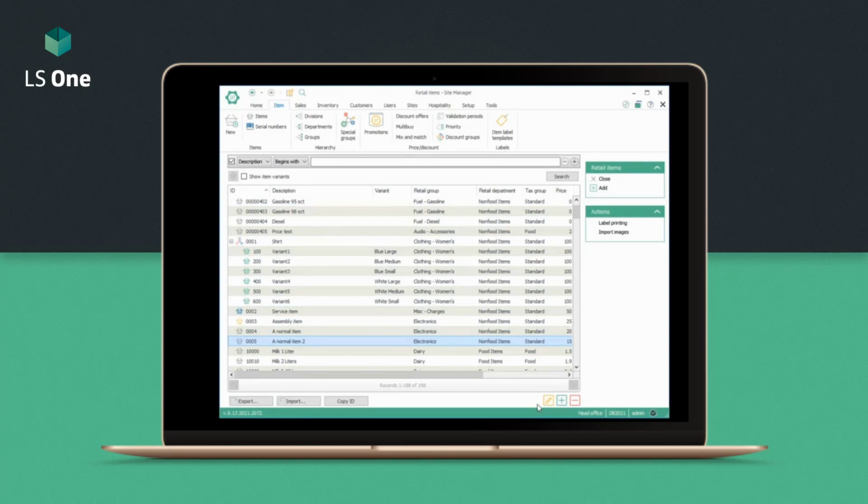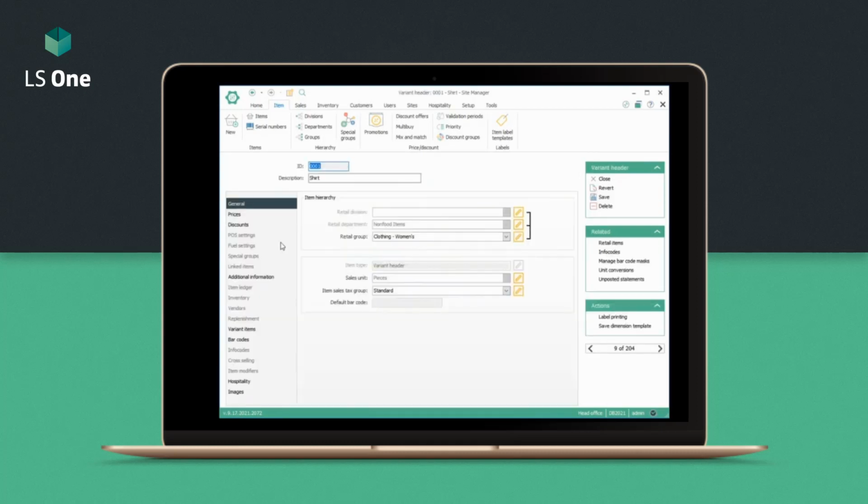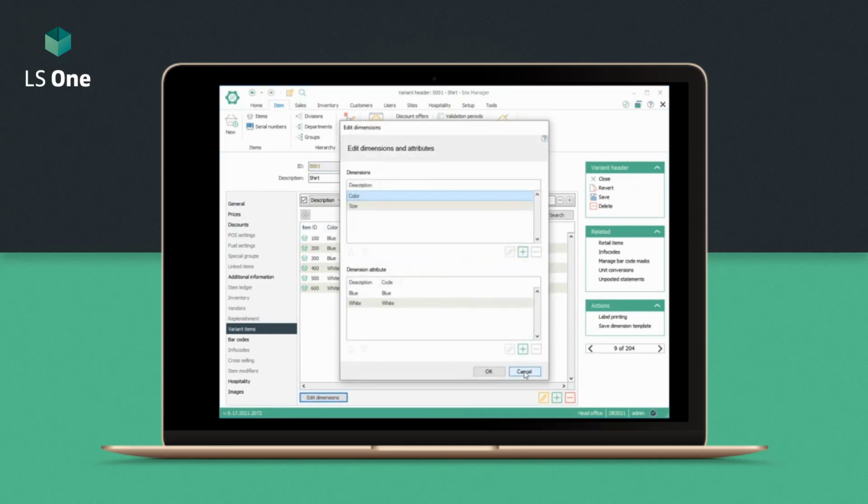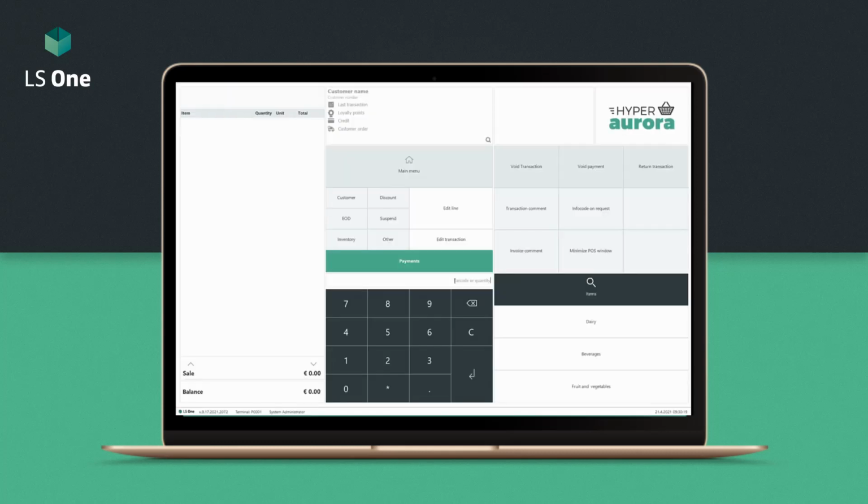So then I can show you, if we open this here, that the attributes and the dimensions have been successfully imported. And we can open the POS and just start selling.